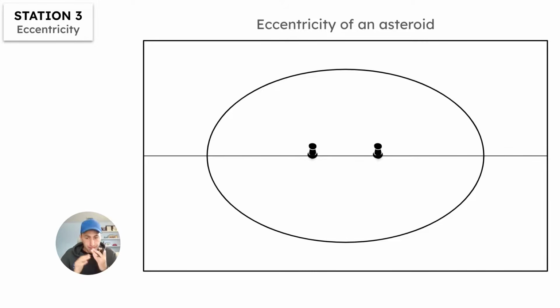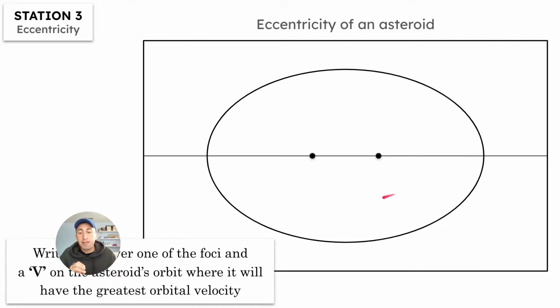So this is the elliptical ellipse of the orbit of the asteroid that you are given. So we have this ellipse now. That is the first step of station 3 for eccentricity. Then you take off the push pins now, and the next step is going to be, they tell you,